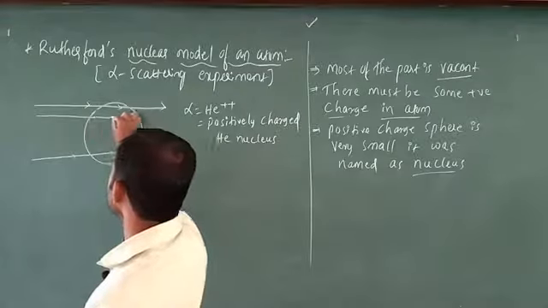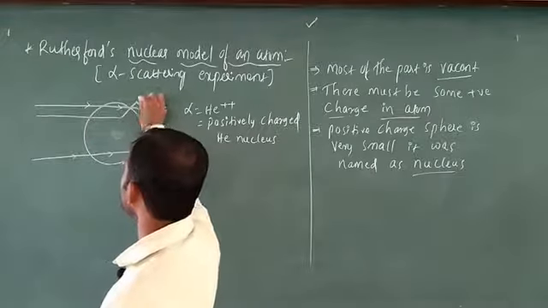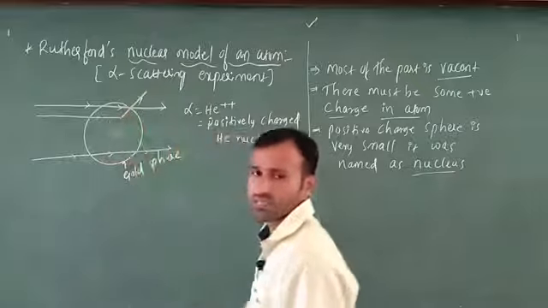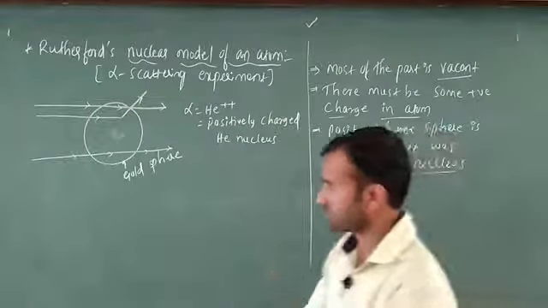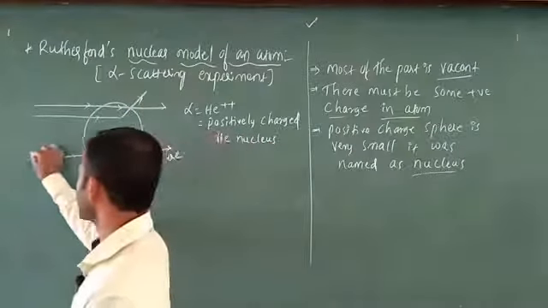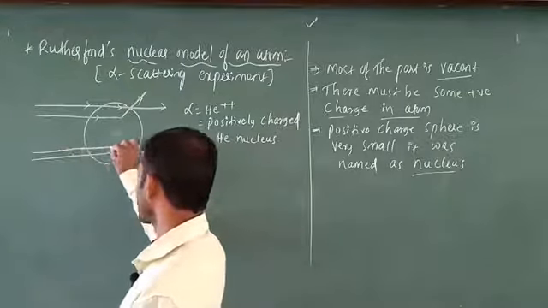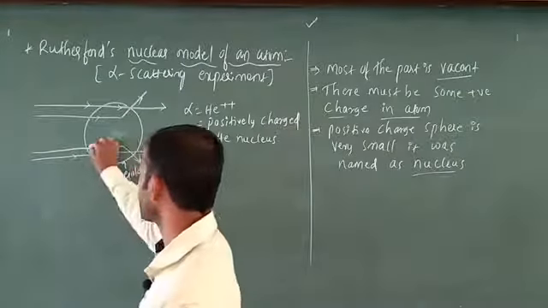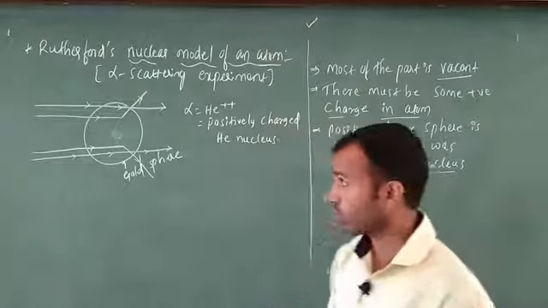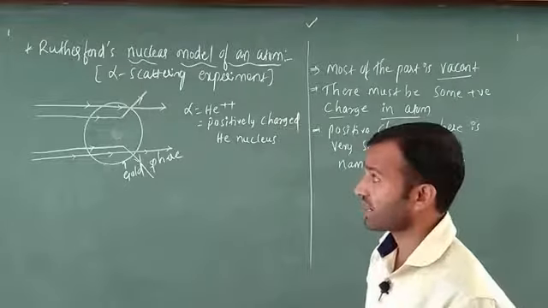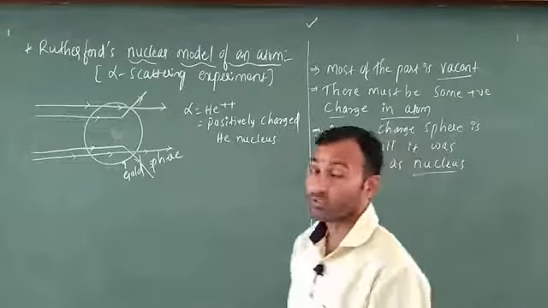In this case what happened, this alpha ray slightly bends like this, slightly bends like this. Next, he is going to pass at the bottom side. In this case also the alpha ray bends like this. He comes to the conclusion that at the center 100% a positive charge is there.